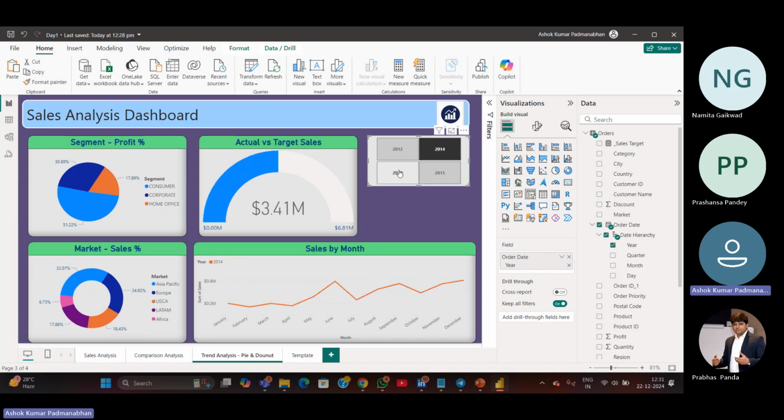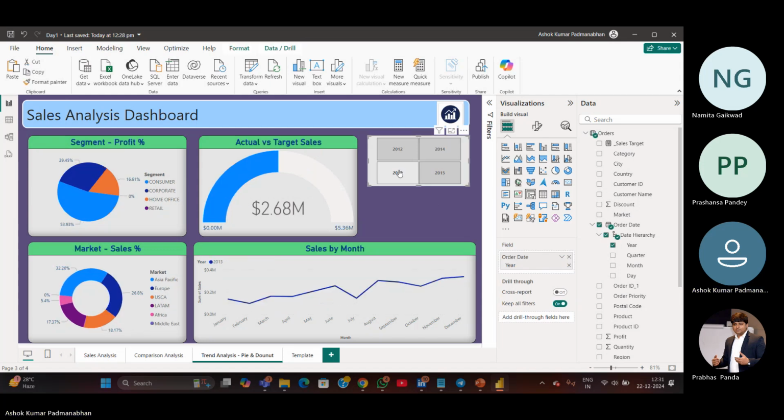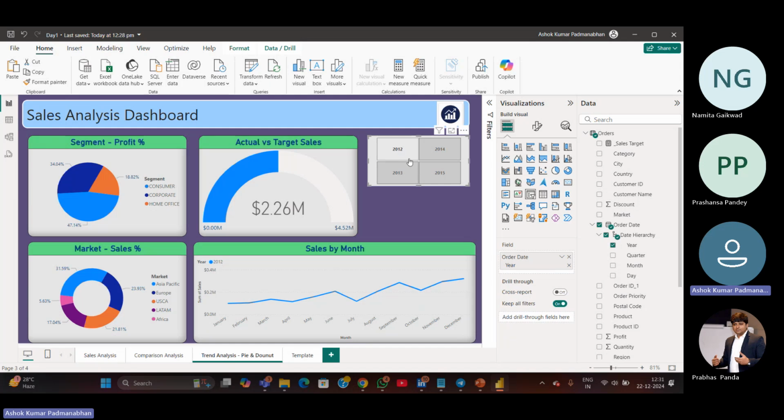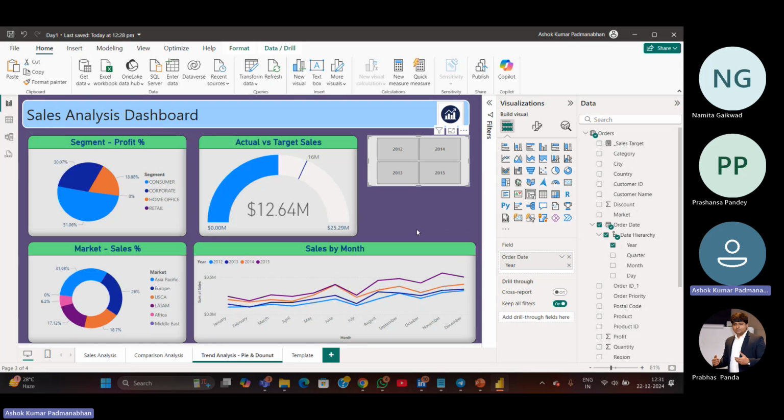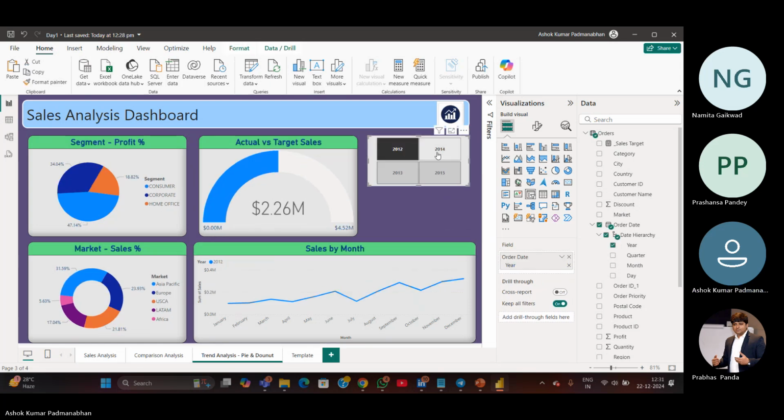Now, when I filter for this slicer, all the visuals are changed. Right. Now, since I'm continuing this slicer with a dashboard from the first dashboard, whenever I apply any filters here,